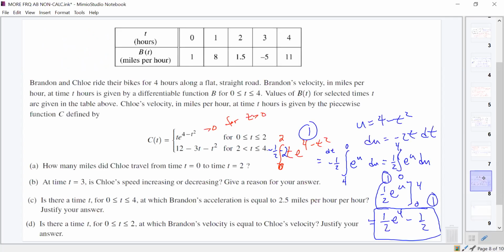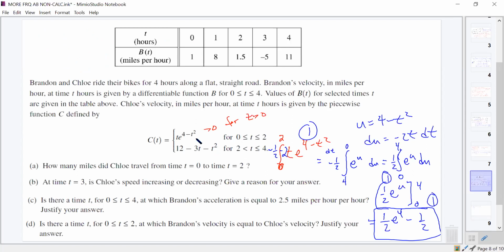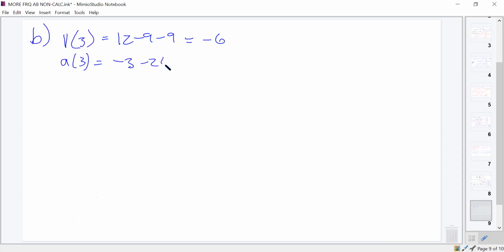So v of 3 is 12 minus 9 minus 9, which ought to be negative 6. And then a of 3, we'll need to take the derivative of the v function, which will be -3 minus 2t. And we'll evaluate that at t equals 3. So that's -3 minus 6, that's -9. Both are negative. So therefore, speed is increasing